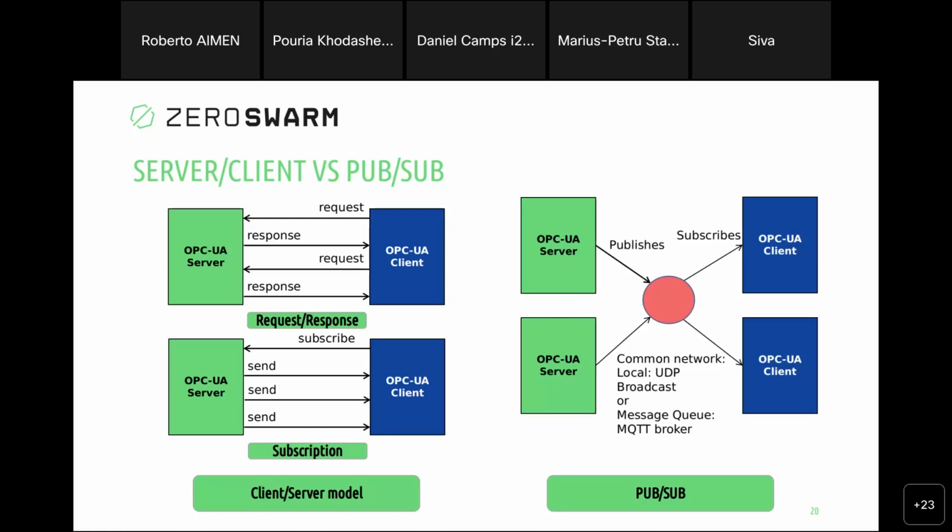For client server, you don't need high performance internally, but in the connectivity between the OPC UA server and the firmware of that device. But for PubSub, when you want microsecond cycle time capability, you need it. So